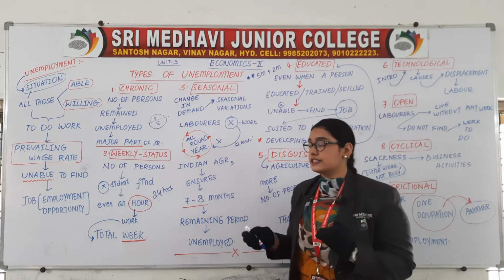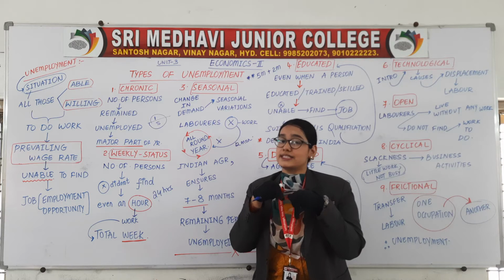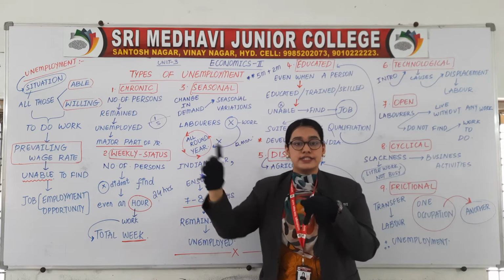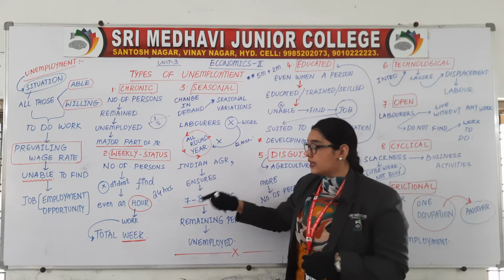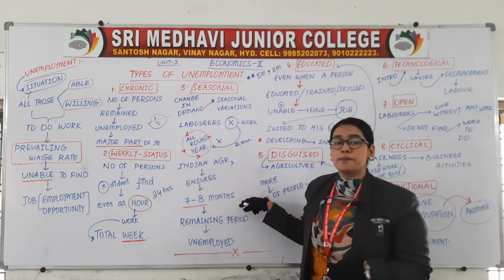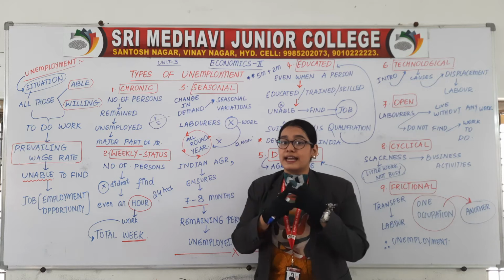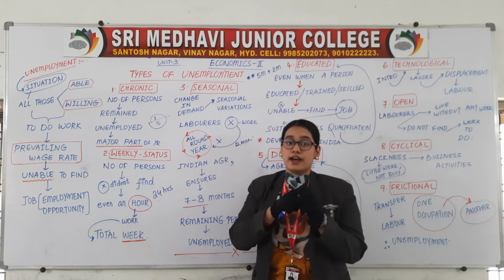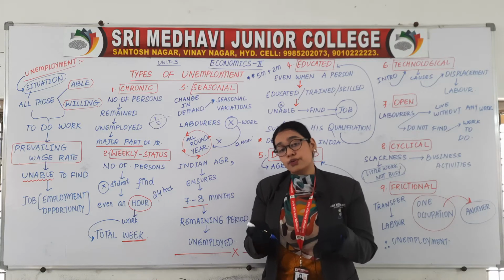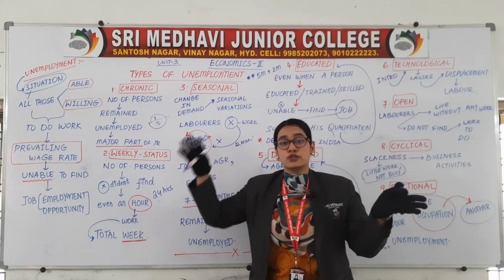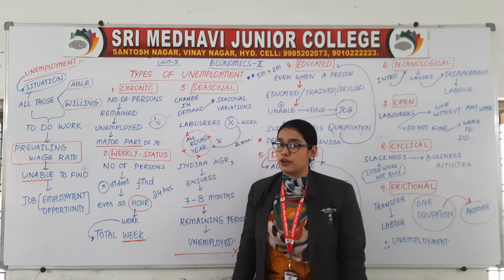Why? Because I already said that Indian people mostly depend upon which sector? The agriculture sector. In agriculture, it is ensuring work of 7 to 8 months only. Based upon seasons we grow crops like rice, wheat, paddy, jowar. All these are grown according to the seasons. A few crops require more water, so during the rainy season we will grow them. Whenever summer comes, we cannot grow such crops.